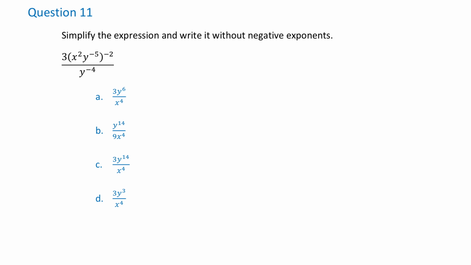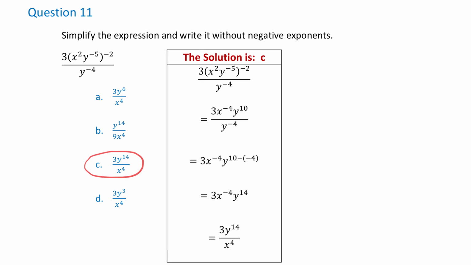And now let's see the right answer. The right answer is C. First, we bring 3 down, then both x and y need to be raised to the negative 2nd power. For this, we need to use the power rule and multiply the exponents. So for x, 2 times negative 2 equals negative 4, and for y, negative 5 times negative 2 equals positive